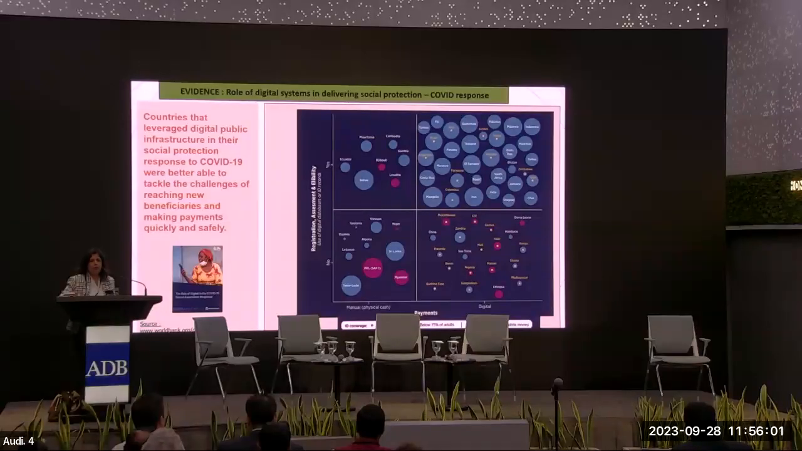So what is the summary? Countries that leveraged digital public infrastructure were better able to tackle the challenges of reaching the beneficiaries. Okay, so what is this digital public infrastructure? It's a buzzword, right? How many of you have heard it? Okay, then let me go a little bit into what it is. In the next slide, you will see that this buzzword,